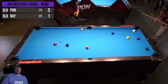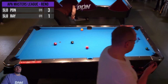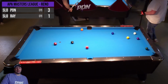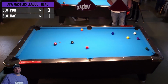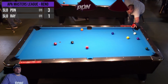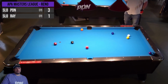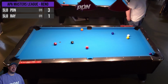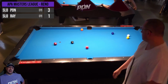Catches it thin, almost scratches. I don't like my shot on the 1 ball here, so I decide not to take them in order. Annoyingly. Hold the cue ball so it doesn't go behind the 1, so I can still see the 4. Try to play that lightly. I want the 4 to go in front of the pocket, but I definitely don't want the 4 to drop,